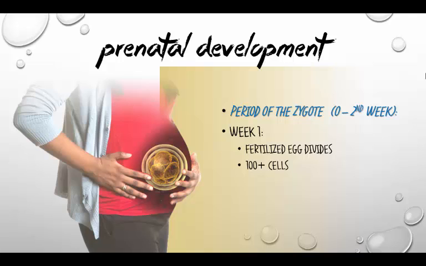Now here's the important thing. In the second week, that ball of cells must attach to the uterine wall. If it does not attach and burrow in what will be blood vessels, then no human life will occur. Because as many of you are familiar with, babies are basically parasites. We completely feed off our mothers. We require them to provide for us, and so we must attach to mom to do so.